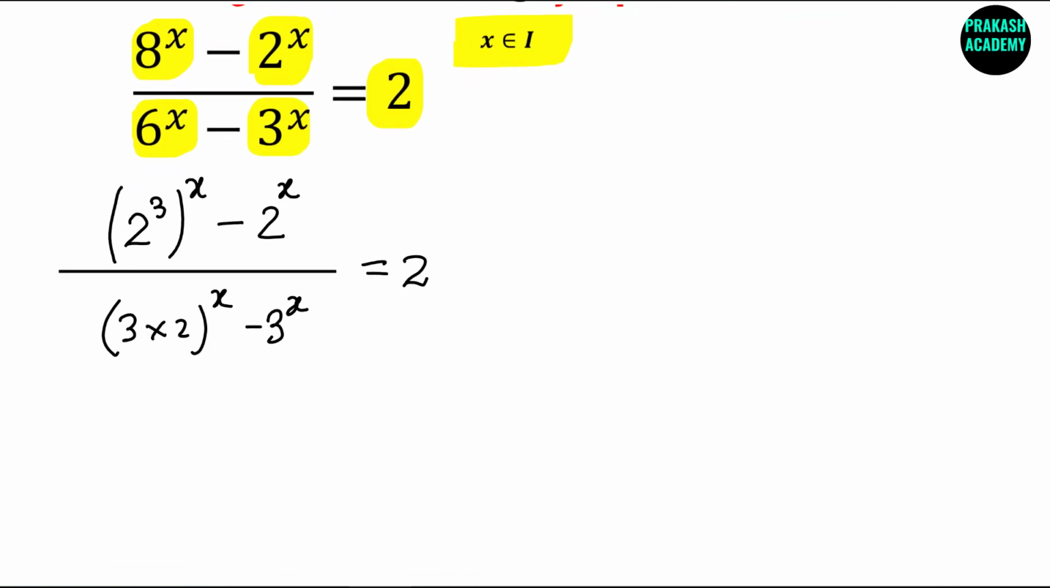Now next, if you remember, there is a rule in powers: (a^m)^n becomes a^(m times n). So if I use this, I can rewrite this term. This will be 2 raised to the power 3 times x, that is basically 2^(3x), and minus we have 2^x,